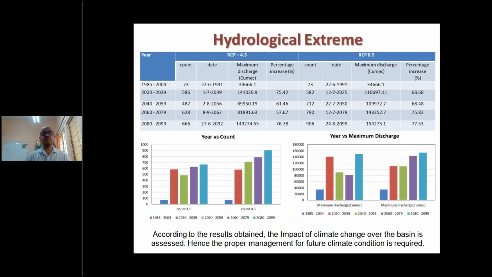As you can see, the maximum discharge from 1985 to 2004 was something around 34,000 cubic, whereas if the climate change scenario is to be true, the discharge will exceed even 1 lakh cubic. This I'm talking about peak flow, not total discharge. So the number of flood events and the quantum of flood, or the severity of flood,